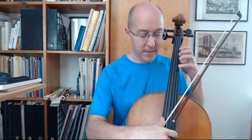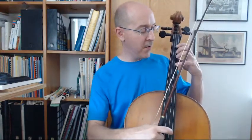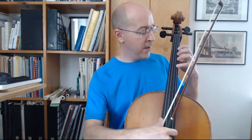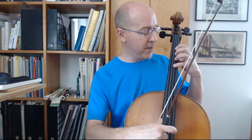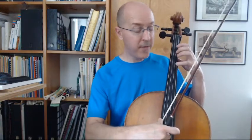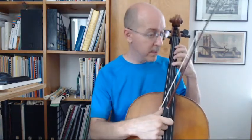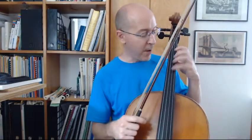Keep going. So I'm just trying to keep that hand going right from one string to the other without wandering up or down the fingerboard. All right, so this is the danger, where we start moving all over the place. Really got to keep that shape, keep that second finger anchoring us so that we're not wandering as we do